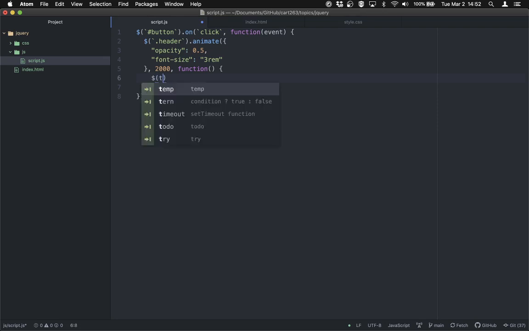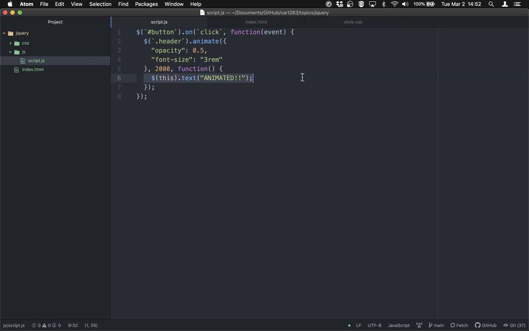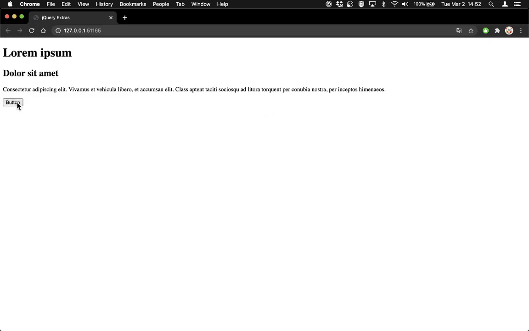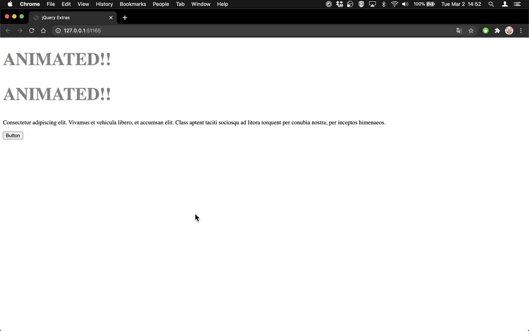So for example, and again we can use this to specify the element that is being animated. We could tell them all to say animated or something like that. That's kind of stupid, but all of them will perform their animation with their original text, and then when it's finished, their text will change to say animated. Let's look at that. So they change, and then they both say animated because that callback is being called when